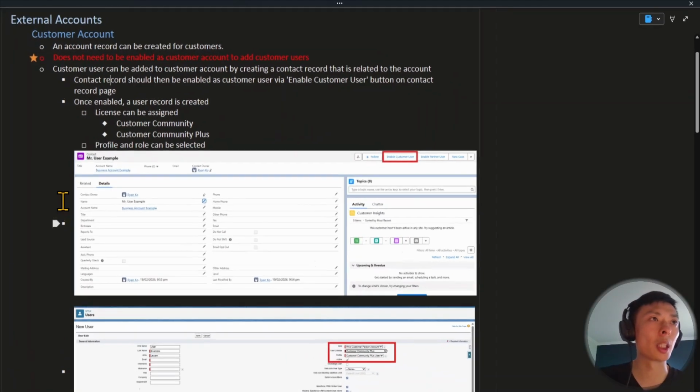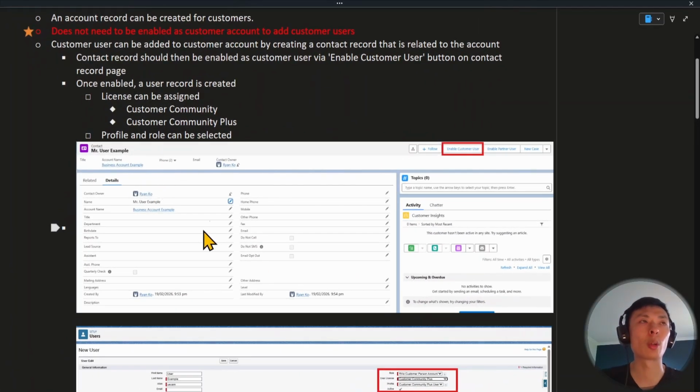Next step will be, once you have the contact record created, you need to enable the contact record as customer user, and there's usually a button on the page layout. If it's not there, you'll need to add it on the contact page layout. Once you click on this button,